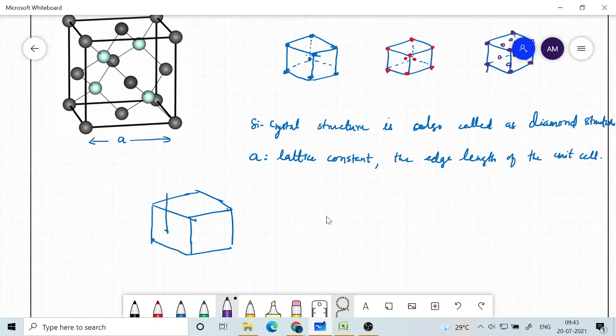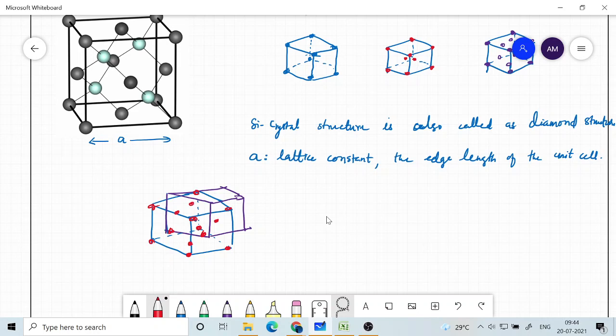Okay, let me use a different color for this. Okay, so these are the 2 atoms. So the first atoms, they are sitting here. Let me show this also. So these are the corner atoms, and then there is one on the side of this blue lattice and the bottom and the top face you have.